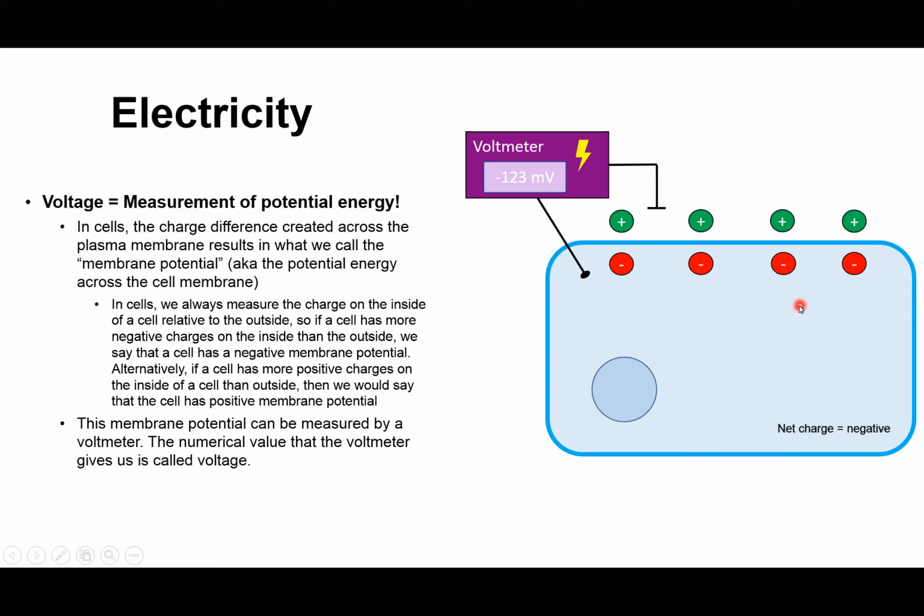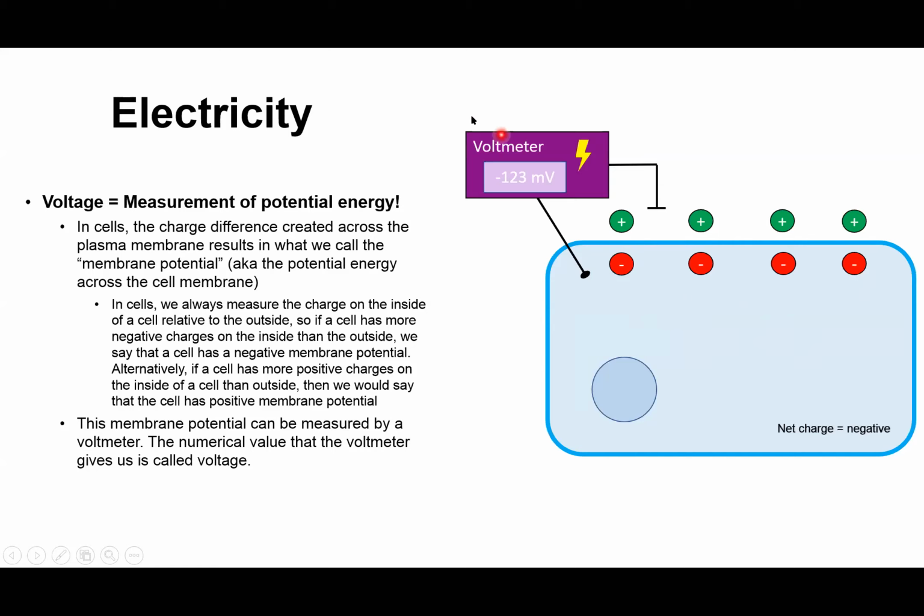Alternatively, if these were flipped around and these are all positive charges and there were no positive charges out here, we would say that the membrane potential is positive. The cell has a positive membrane potential if all the positives were in here and there were no positives out here. So this membrane potential, aka potential energy created across the cell membrane, can actually be measured using what's called